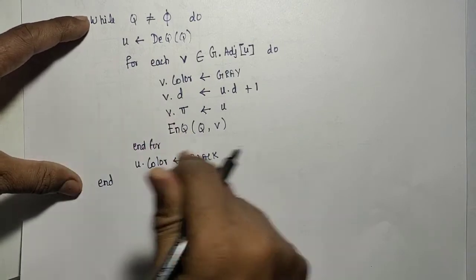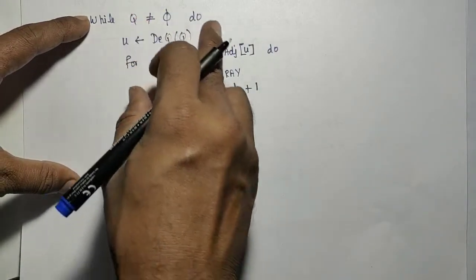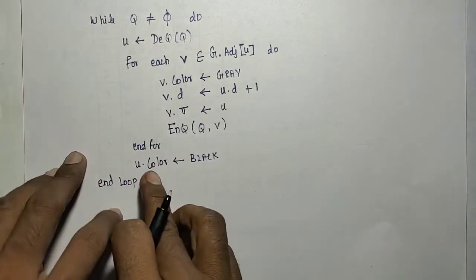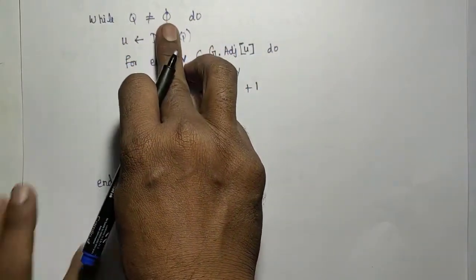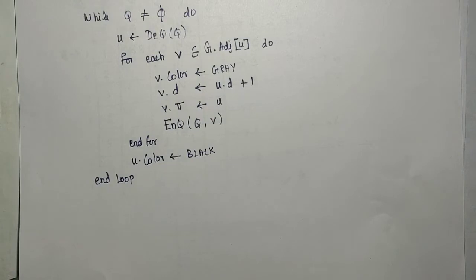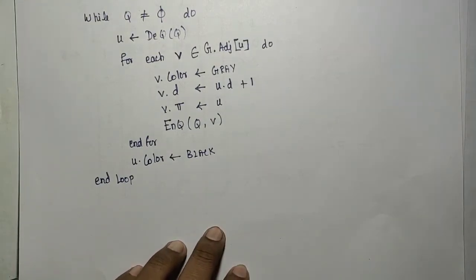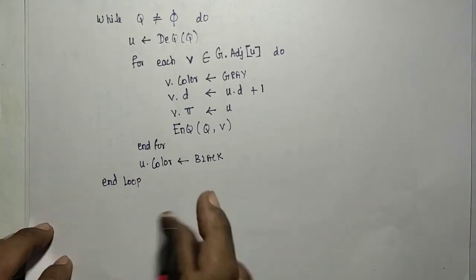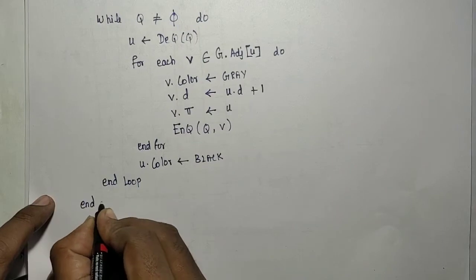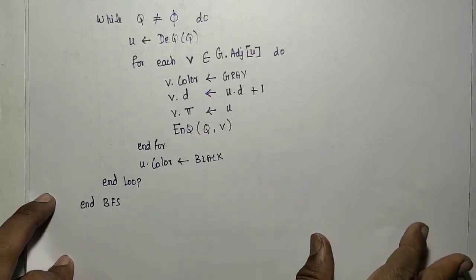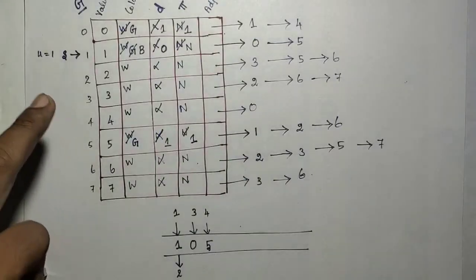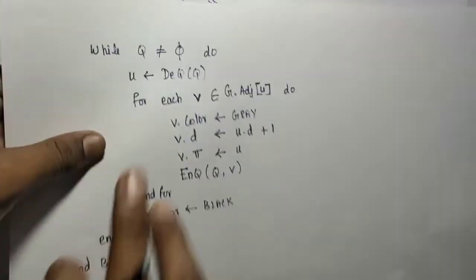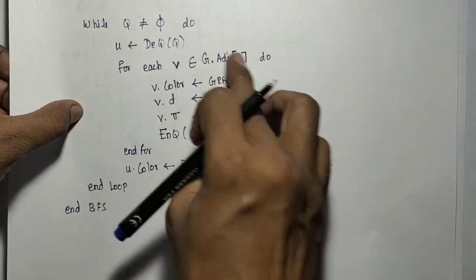Once this is over, I need to go for the while loop again. So again I need to go for this, and again I have to check whether Q is empty or not. If it is not empty, I need to pick the next value. Correct. So I'm going to repeat the same procedure. Now end BFS. That algorithm itself ended. Just to repeat the same, very simple now. So now it is enqueued. The next, repeat the same operation: dequeue one, name it as U, and check for the adjacent nodes.